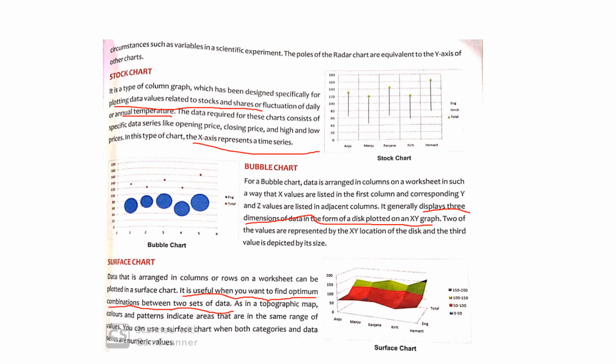Here we are seeing who has scored the greater marks in English and the total of the marks. And the x-axis represents the columns and the y-axis represents the values. These values of English and total are the rows or the values which we have to find. So this was about the charts.